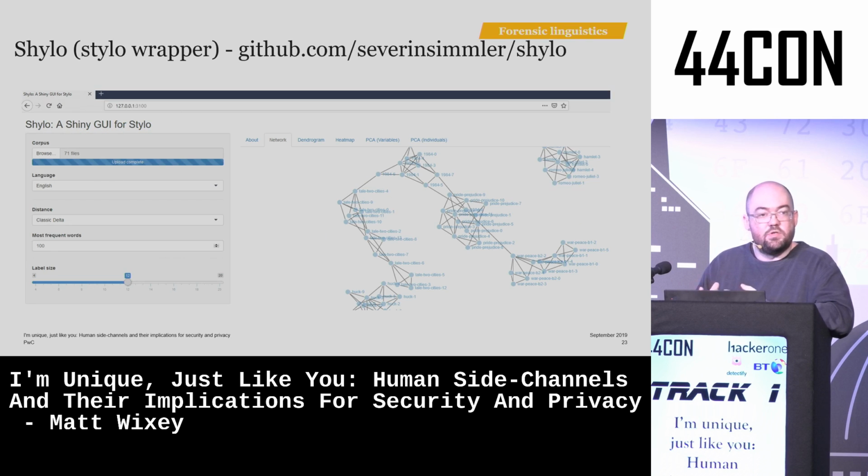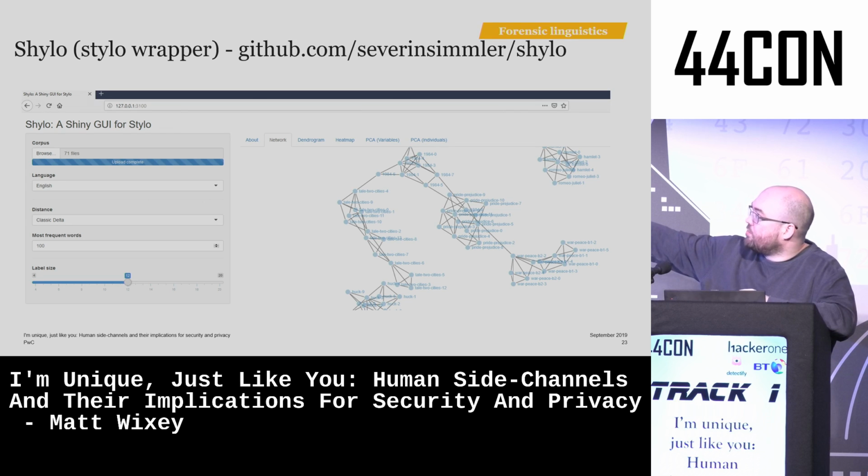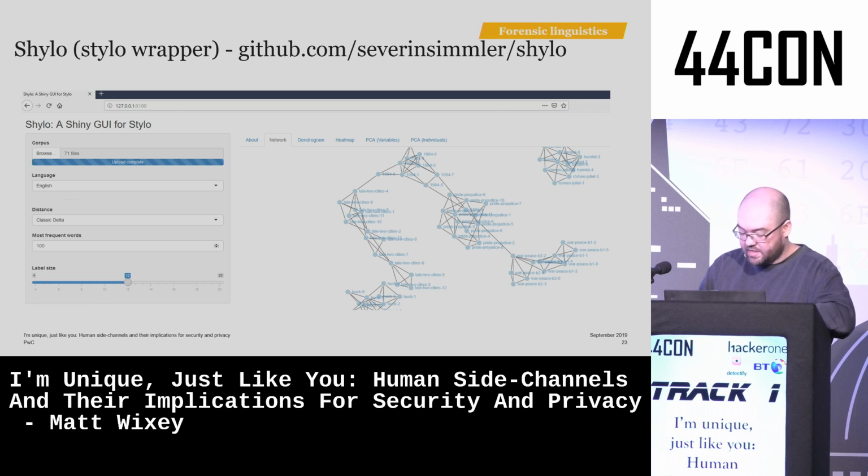And then there's Shiloh, which is a wrapper for Stylo. So this enables you to run that library from within a browser. As you can see, it's got quite a nice interface, and you've got various different kinds of outputs here. So the graph on the right-hand side has grouped together, so War and Peace on the right-hand side. You've got Shakespeare's plays top right, which are completely different from everything else. And then you've got various other novels that have been grouped together, depending how similar they are. So you could just load a whole load of spear phishing emails in here or something like that, and produce similar kind of output.